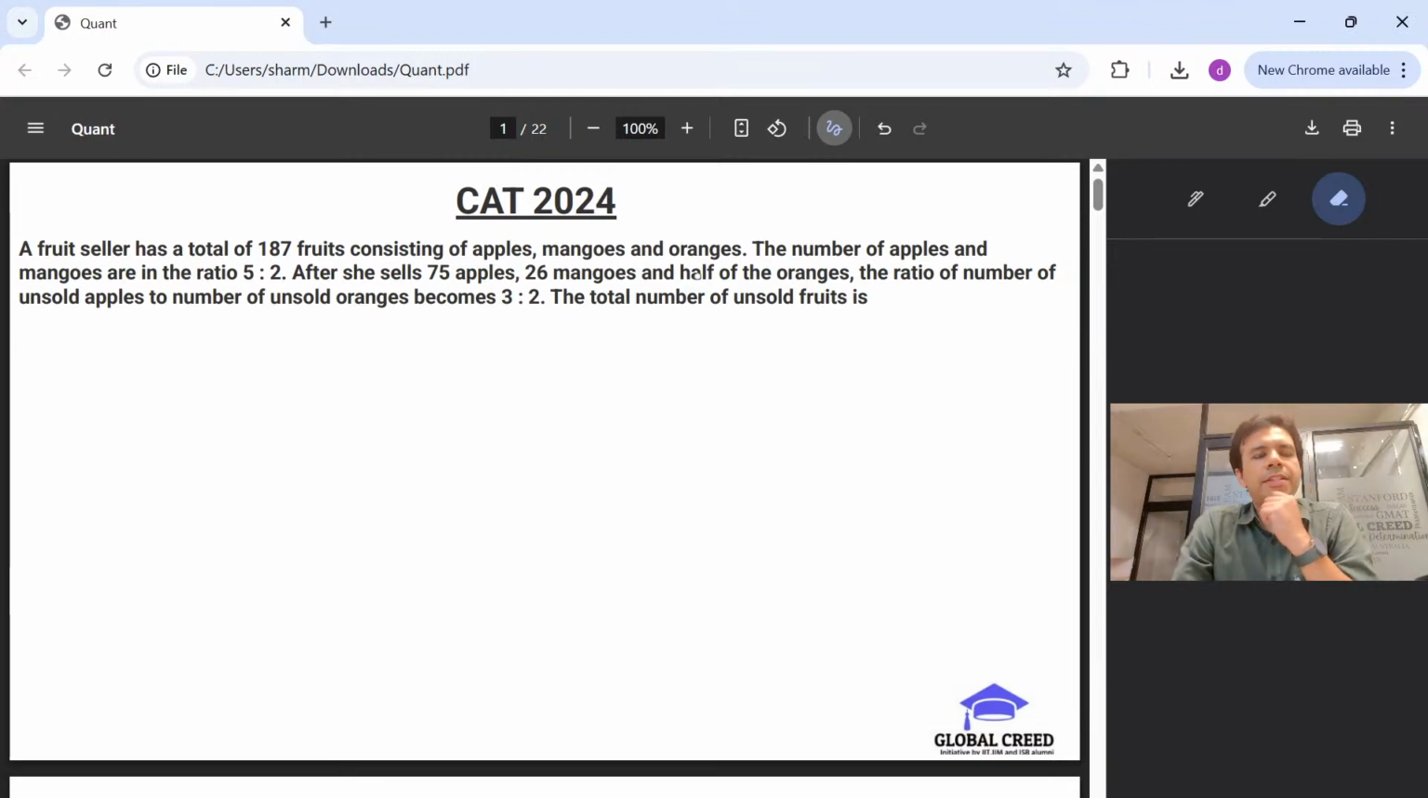Alright, so let's start with the first question, where a fruit seller has a total of 187 fruits consisting of apples, mangoes, and oranges. The number of apples and mangoes are in the ratio 5:2. So I could say that we have total,